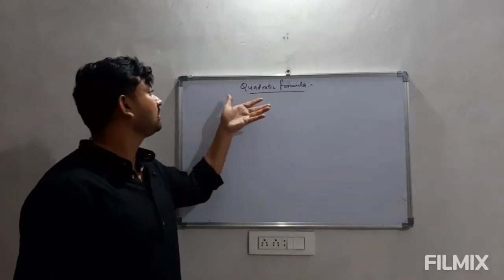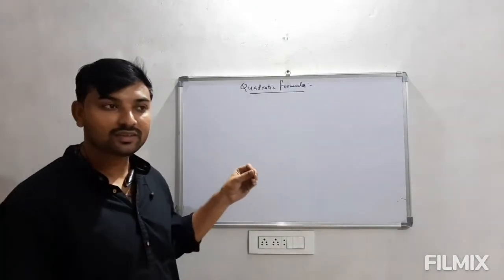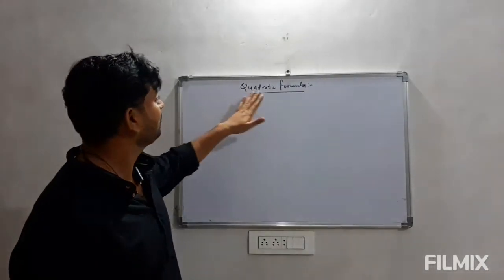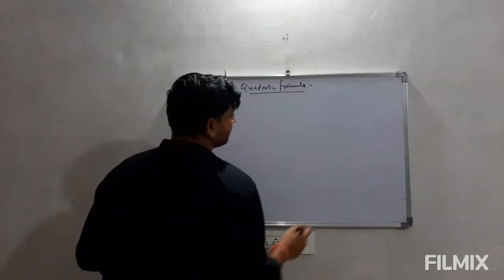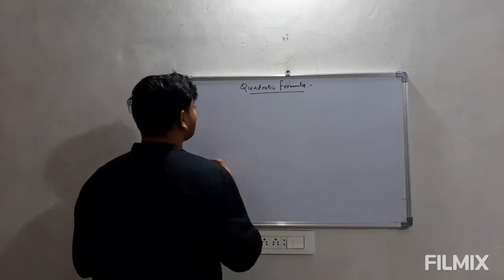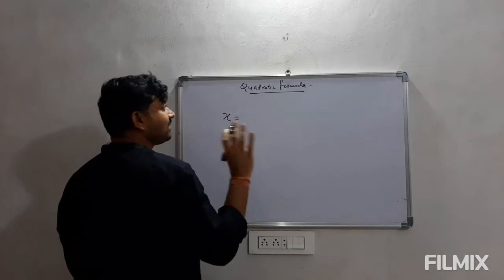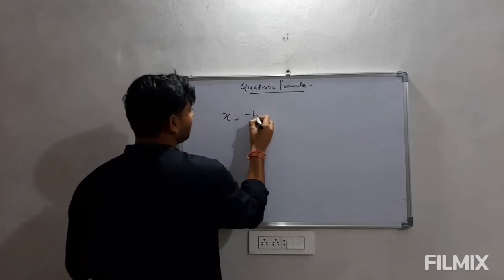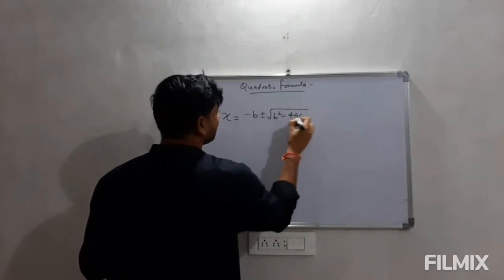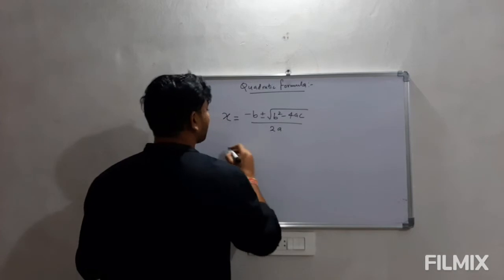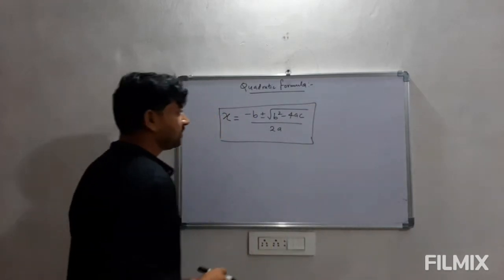Now come to the third method to solve the quadratic equation given to us, that is the quadratic formula, as I derived by using the completing the square method. The formula was like this: x equals minus b plus or minus under root b square minus 4ac upon 2a, where x is the variable in that quadratic equation. This was the formula which we call the quadratic formula.